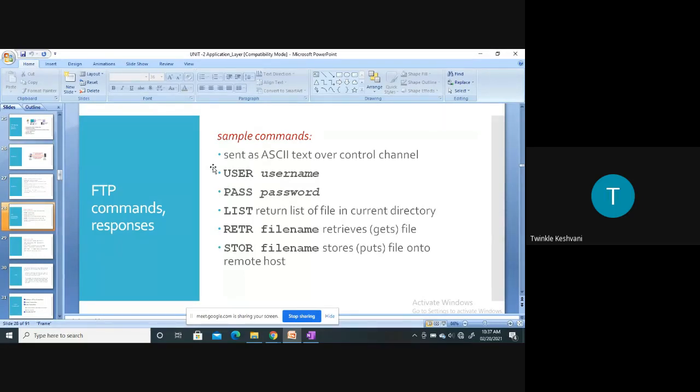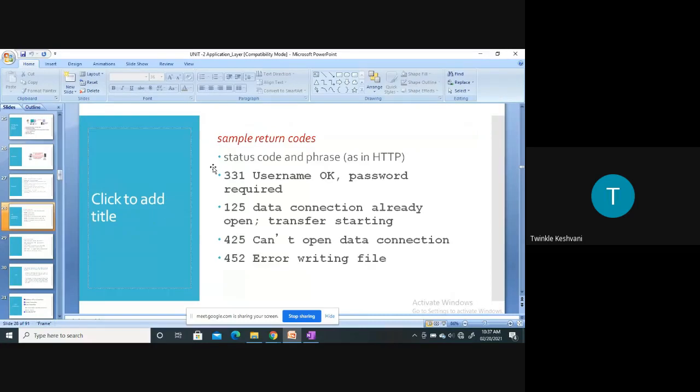Now all these commands are sent over the control connection. As we all know, whatever commands take place between the client and the server, if FTP is used, the connection used for sending the commands is the control connection, right? Now there are also some response messages that come from the server side. Each command is followed by a reply, sent from the server to the client. These replies are 3-digit numbers, with an optional message following the number.